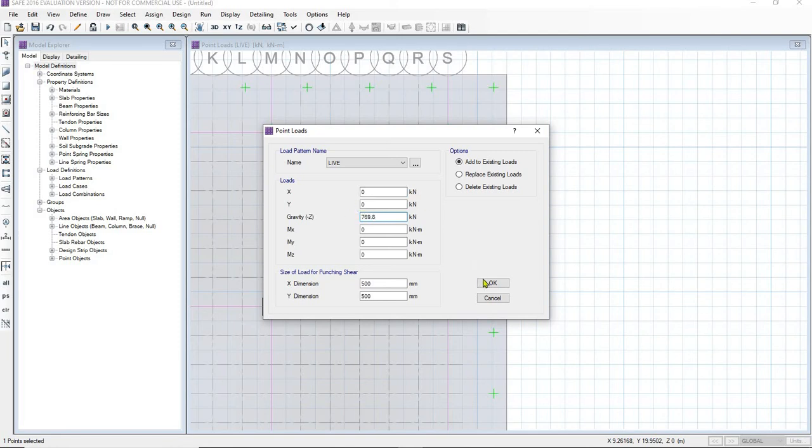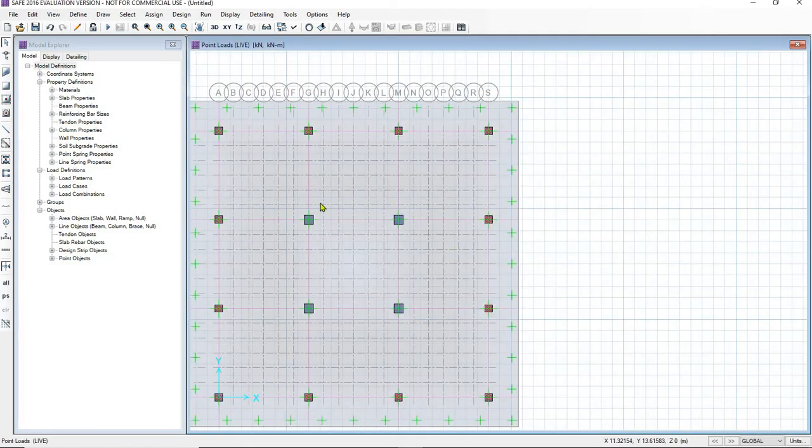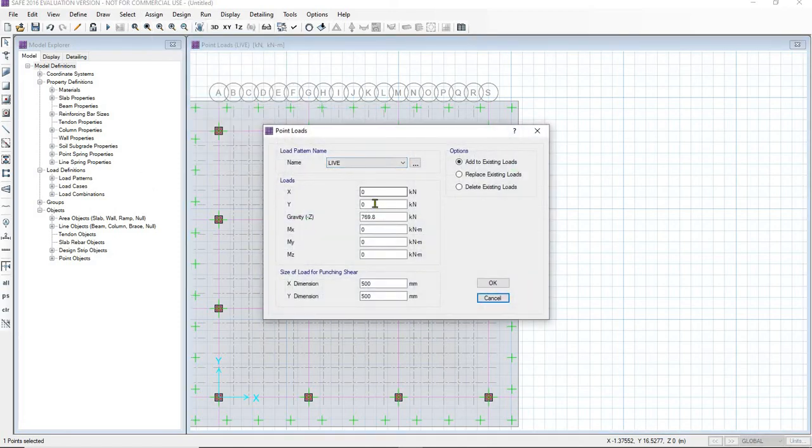We have completed assigning the loads to all the 500 by 500 columns. Now the 4 600 by 600 columns are remaining. So this was column number 6, C6. We will begin with live loads. C6 live load is